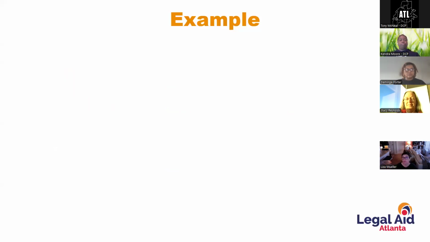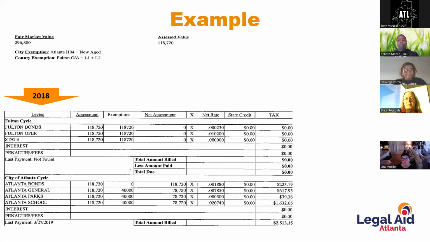Okay, so again, just to hammer home how great the floating exemption is and homestead exemptions generally. Here's an example that's going to go back to 2018, because the floating exemption for the city of Atlanta went into effect in 2019. So this is an actual tax bill for a person who was getting the high senior exemptions from 2018. Without changing the actual value that the county had for the property or any of the exemptions, just adding in the floating exemption and also increasing the school exemption a little bit,